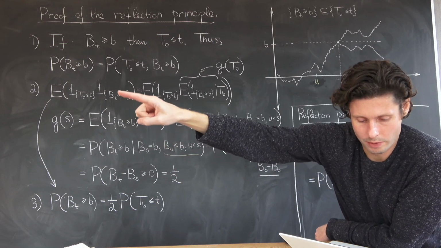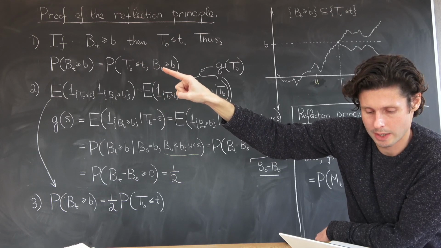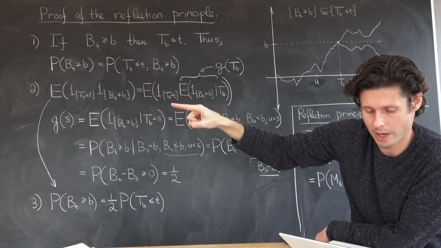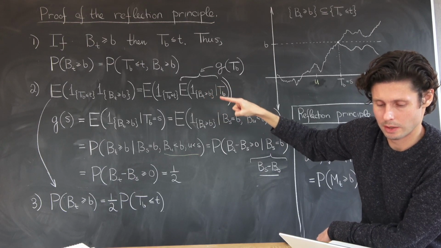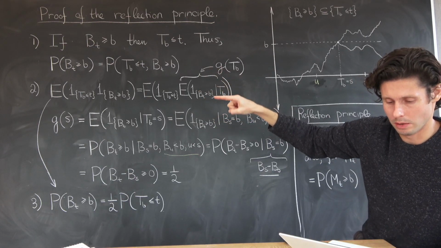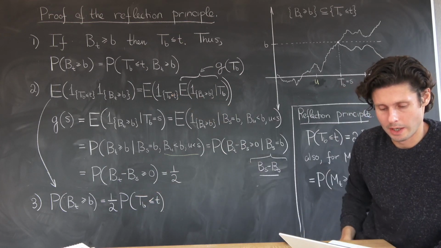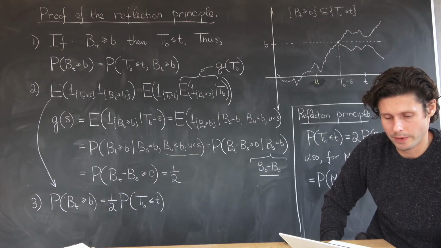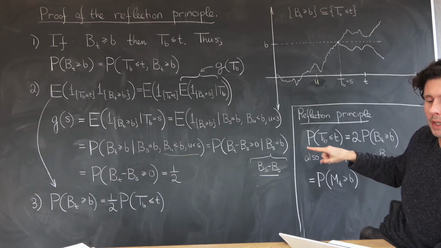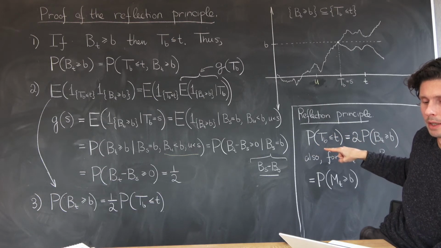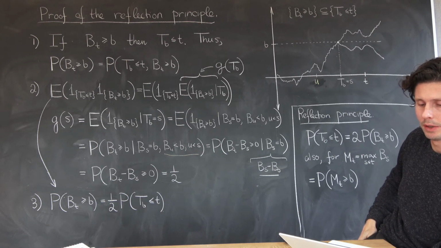So now, the logic went from this probability on the left side to the right hand side, then to here. 1/2 was substituted in, replacing this conditional probability, leaving me with that times 1/2. And you can see how this is, in fact, the reflection principle. It says that the probability that the hitting time occurs before time t is twice the probability that the Brownian motion exceeds the level b.